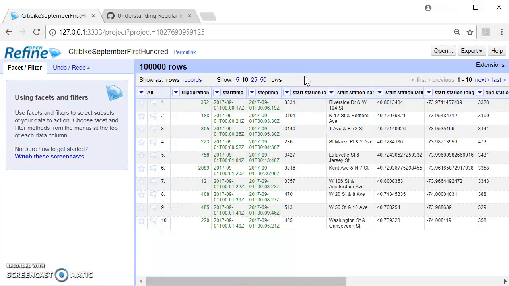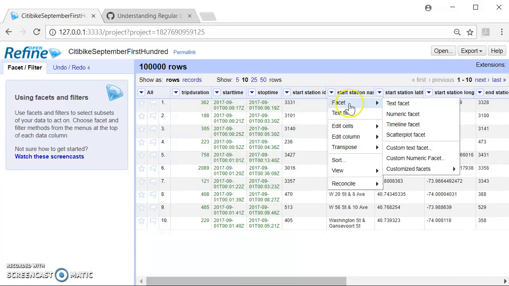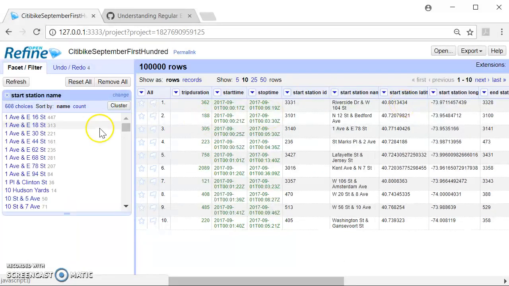So although these can be a little bit challenging and tricky to work with, they are, as I said, super powerful and super unique. And so it's really worth understanding a little bit about how they operate. In order to contextualize regular expressions, let's look at a particular data analysis task that we might want to do. So what I've done is I've sorted our start station name fields